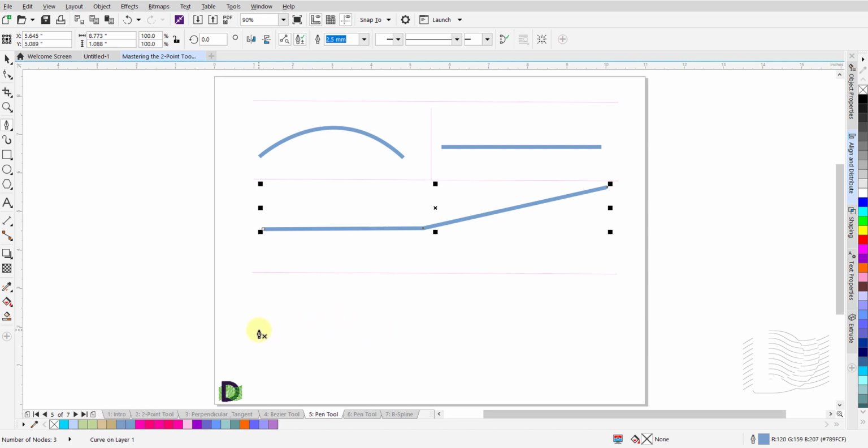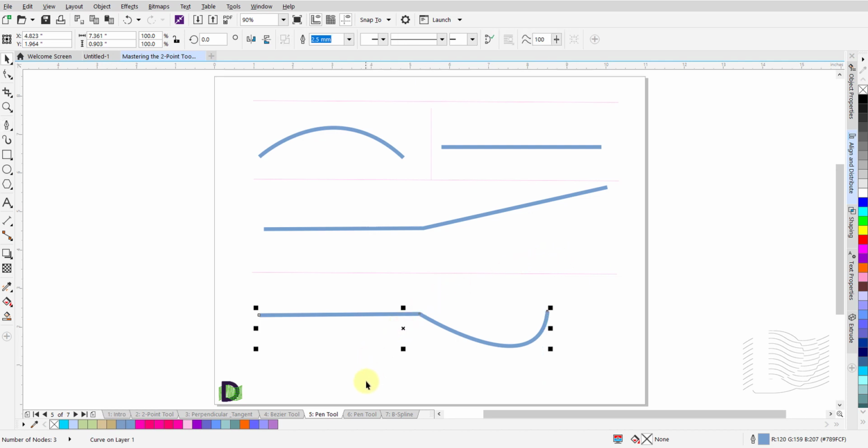Let us draw a straight line segment and then add a curved line segment to it. Click and release the left mouse button at the start point. Move the mouse to the intended end point of the straight line segment and left-click once. Move the mouse to the intended end point of this curved line segment. Click and hold the left mouse button and move the mouse to make the control handles visible. Move the control handle around to get the curved shape to what you want. Release the left mouse button when done. Press the space bar to disengage the cursor from the canvas.